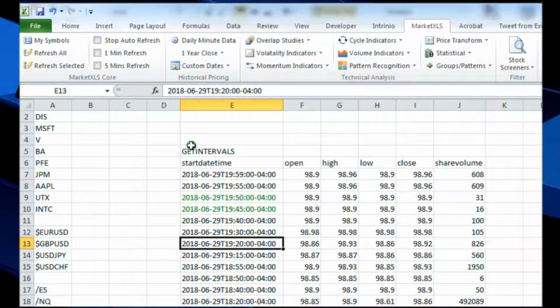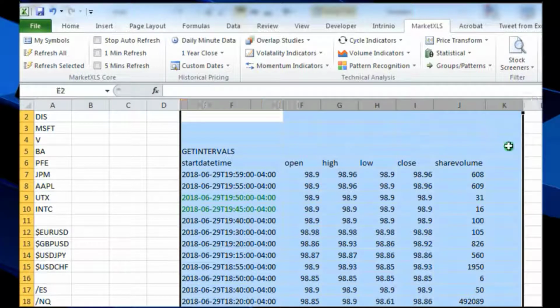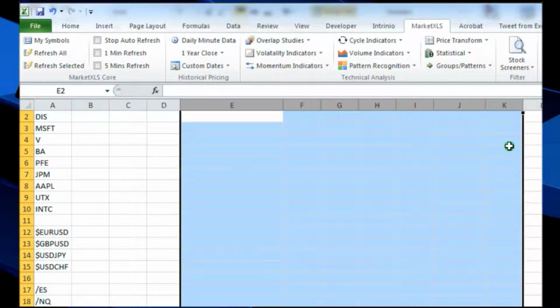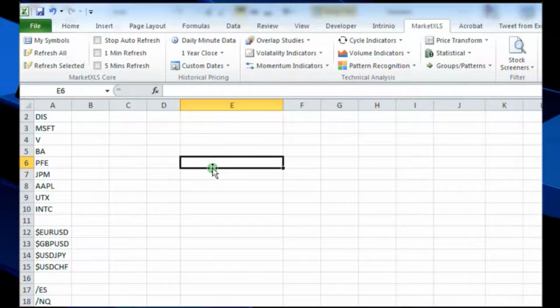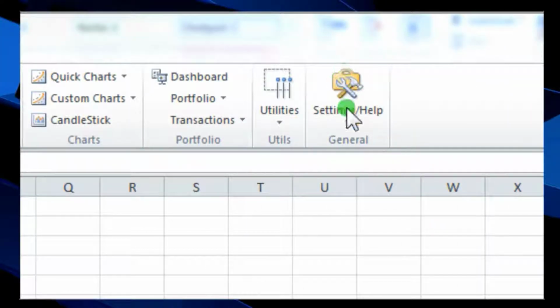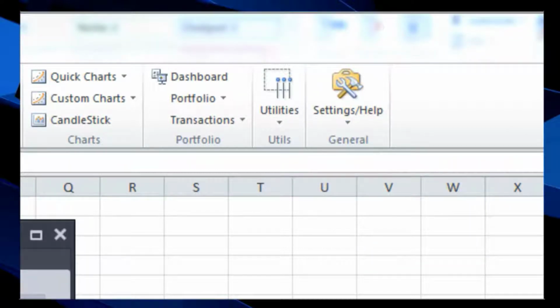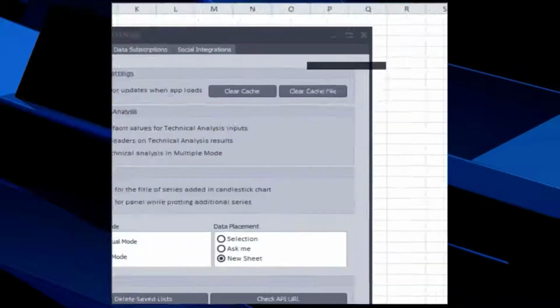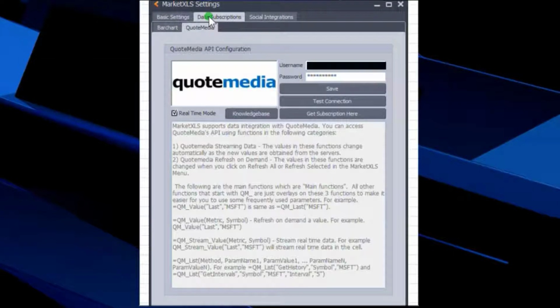Okay, now this is a pretty long list, so I'm just going to clear all that out. So here, let me just show you the various different metrics available for the QM list function. Once again, as I've shown you in previous videos, you go to the dashboard up at the top, go all the way to the right, underneath settings, hit the drop down, hit settings. This window is going to come up. You hit data subscriptions,